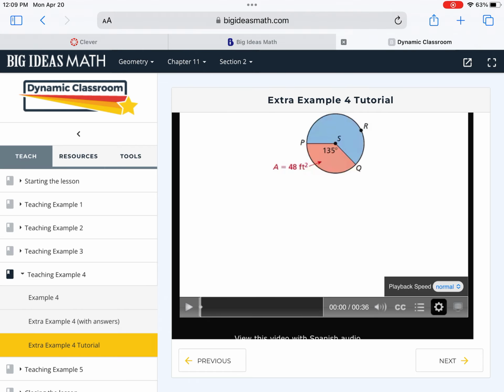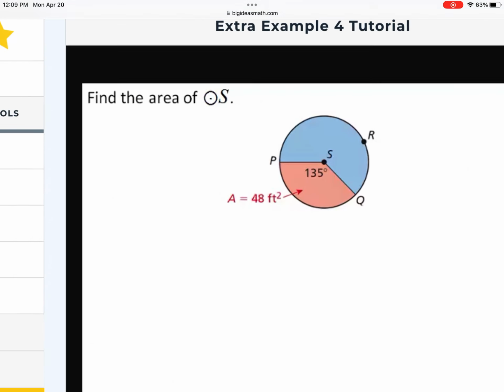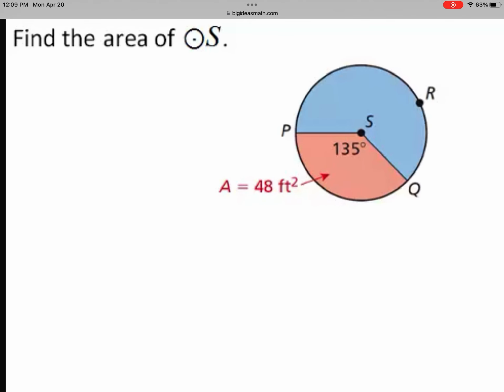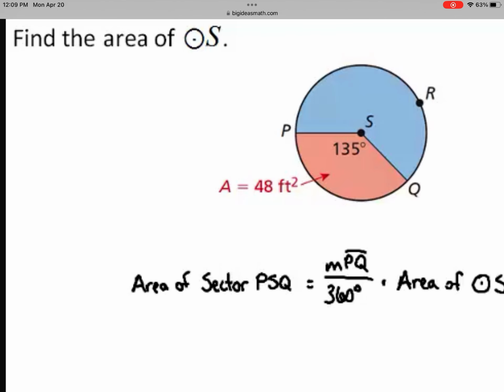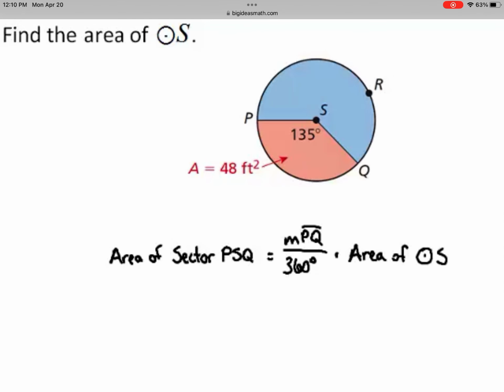Find the area of circle S. Use the equation for the area of the sector to find the area of the circle. The area of sector PSQ equals the measure of arc PQ divided by 360 degrees times the area of circle